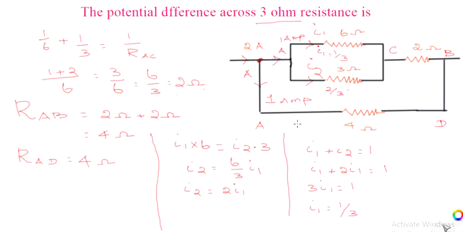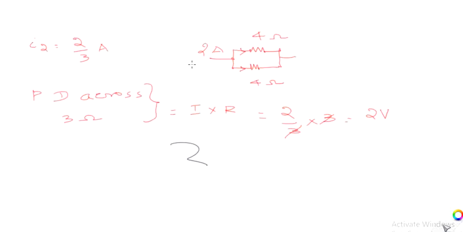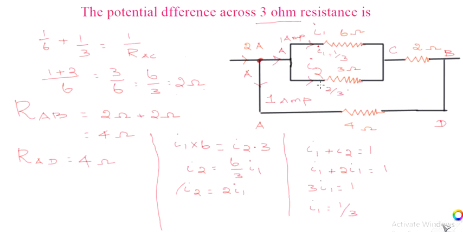Therefore, upper arm and lower arm are both the same, so the current should be equal. In the upper arm 1 ampere and in the lower arm 1 ampere. As I told, 2 ampere is there, here 4 and here 4, therefore 1 ampere, 1 ampere. Now we have to calculate the current across this. This 1 ampere is entering here. Now, how much goes through this and how much through this, because both are different, therefore we are calculating.